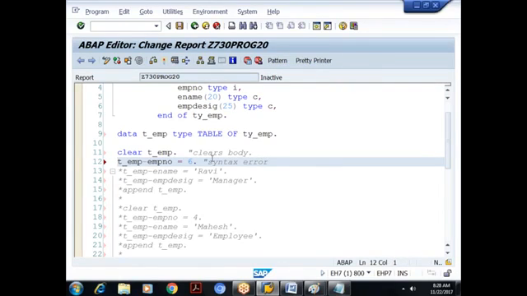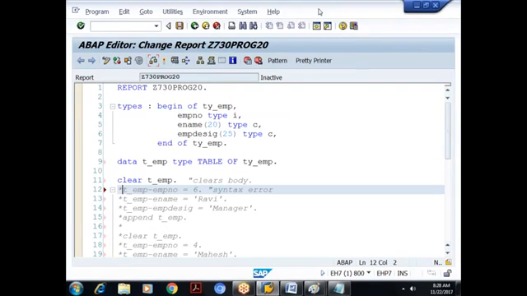Any questions? Please ask me. Done. So I don't have header, but I have to fill our internal table. Yeah, tell me. So line number 9, it will allocate neither body nor header. So what will it actually do?